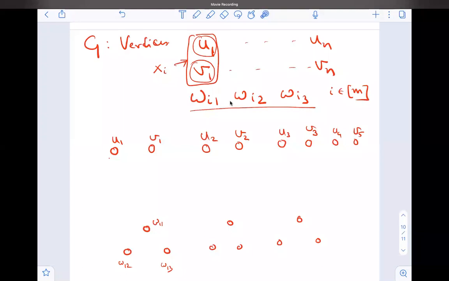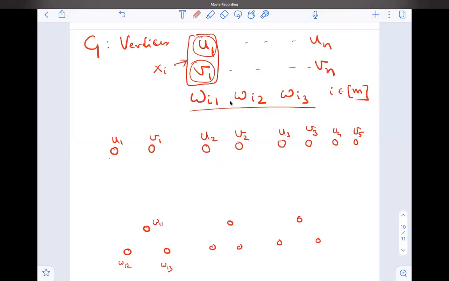So in this setting, I should not be picking two elements. I should be picking exactly one, right? Because this basically corresponds to x1 and x1 bar. This corresponds to x2 and x2 bar. Now both cannot be positive, right? Exactly one of them has to be positive. So a vertex cover must take one vertex from these two, in fact exactly one from these two, and so on.